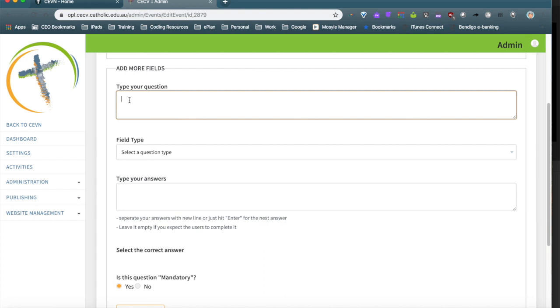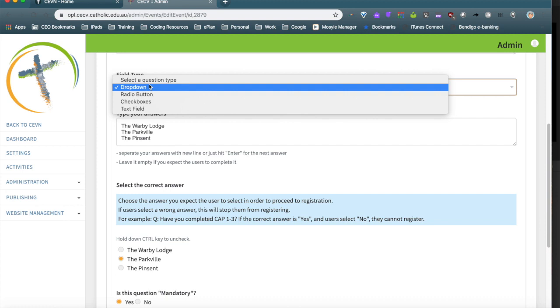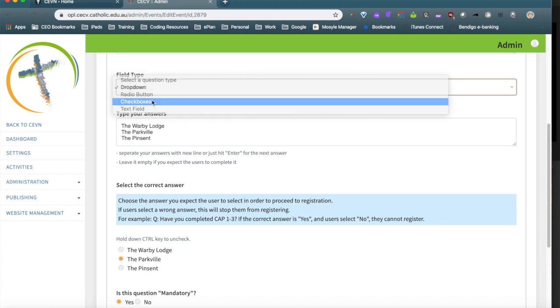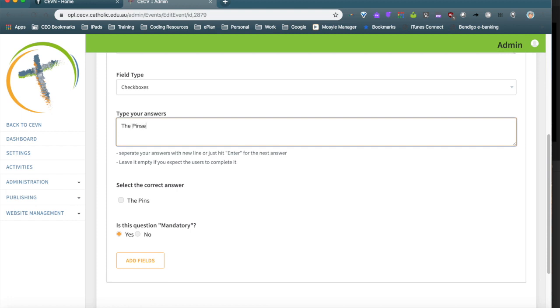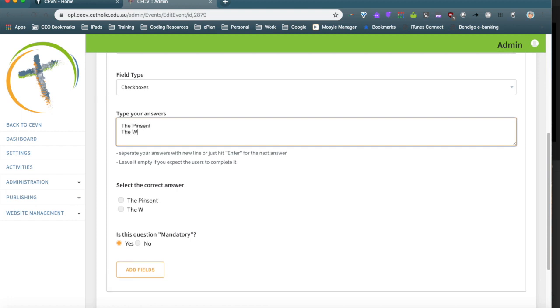So if I added a question, just do check boxes so that they're all correct. Step 2. And I'll say it's not mandatory. And if I add that field,